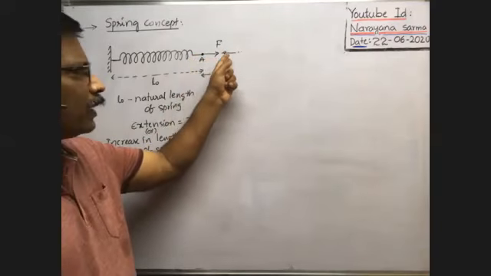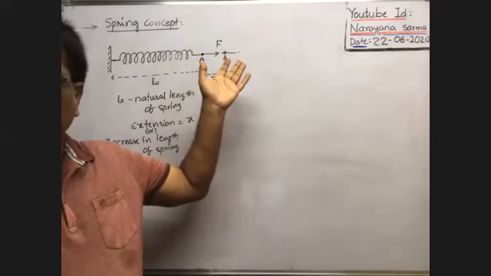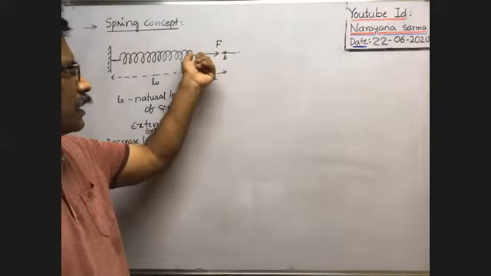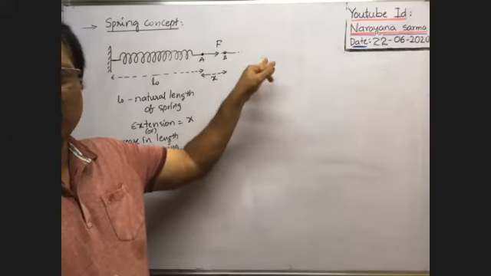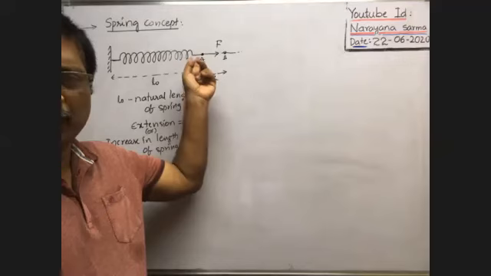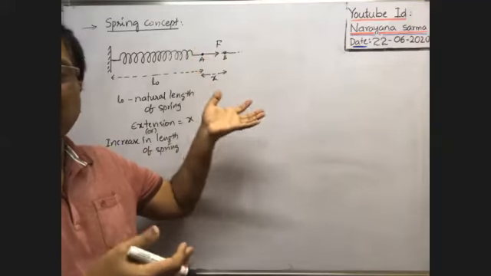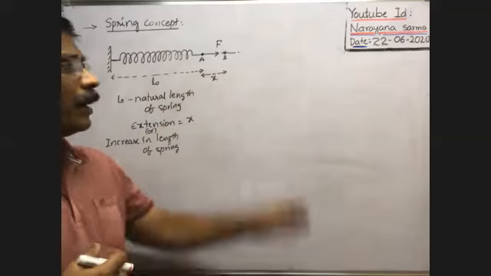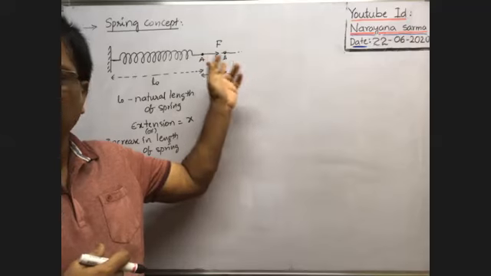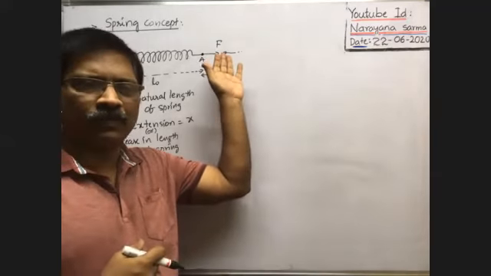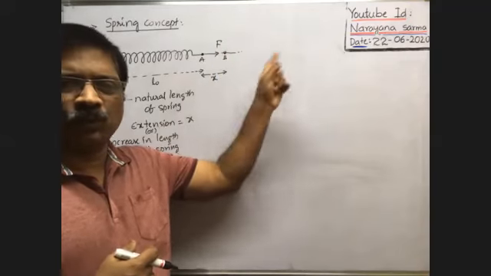In order to come back to the natural length, shall we apply any force on the spring? Because of applied force, the spring is extended through a length equal to X. Then when you remove the force, automatically it comes back to the original position. The spring comes back from B to A. That means it again occupies the natural length. So to come back to the natural length, is there any force applied on the spring? To extend the spring, we applied some external force F towards the right.